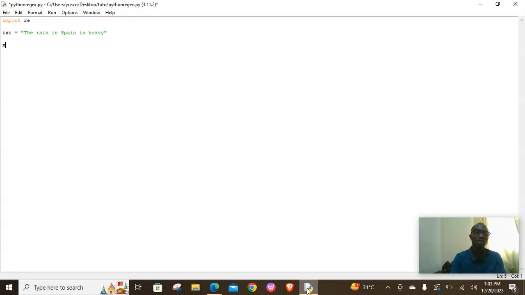Now we want to search if a particular character is in the regex. So in this situation, we are starting with a variable that commences with D and ends with heavy. So we are going to say